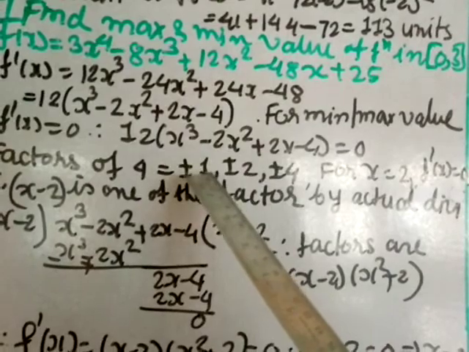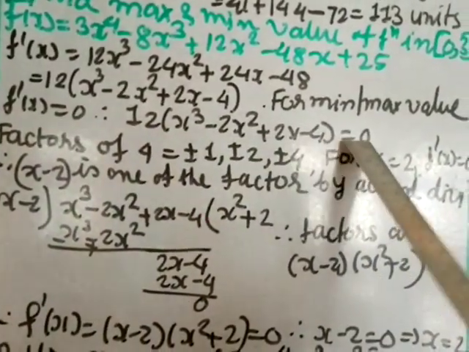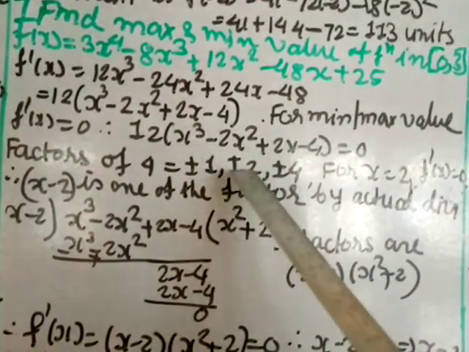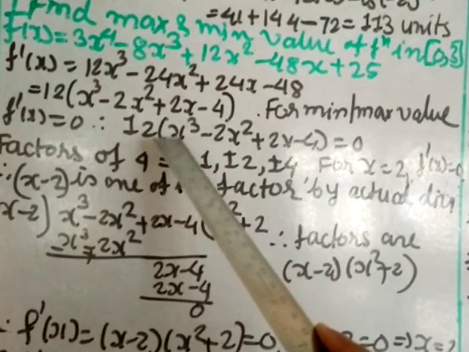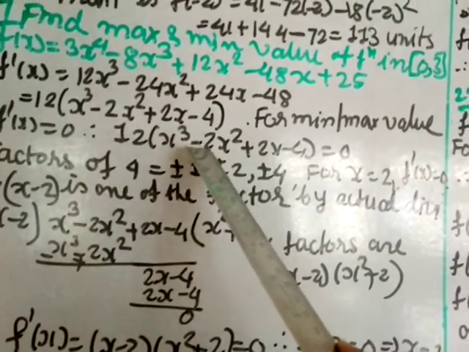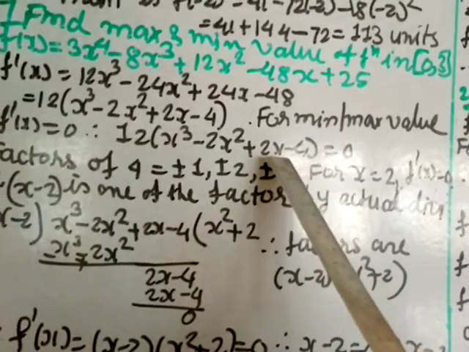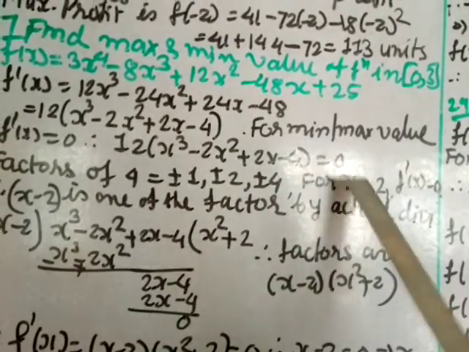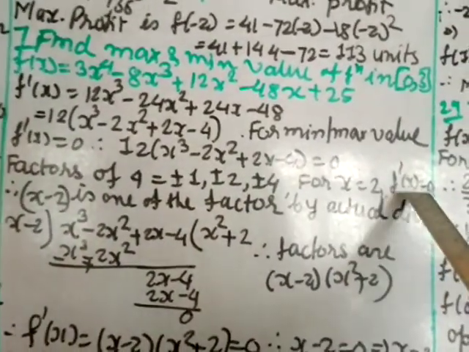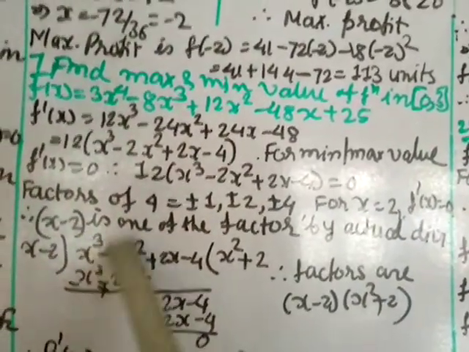Now I first put 1 and minus 1, and I checked this. The answer should come 0, but I am not getting 0 when I put plus 1 or minus 1. Next I am putting x equal to 2. So when I put 2 here, 2 cube is 8, minus 2 into 2 square, 4 into 2, 8. 8 and 8 cancel. Then again 2 into 2, 4, minus 4, 0. So when I put x equal to 2, I'm getting this value as 0. Okay, I have done hit and trial. So when I get 0, that means one of the factors is x minus 2. But that is not the only answer.